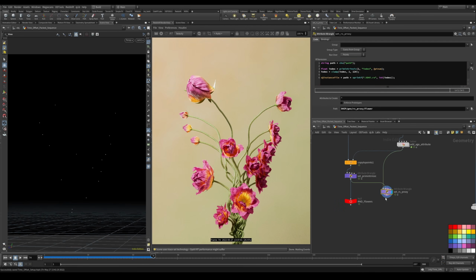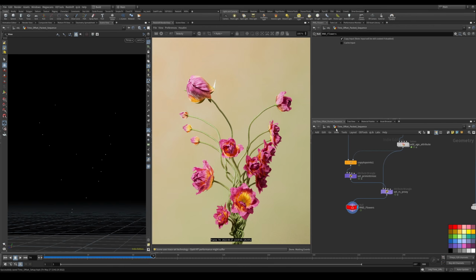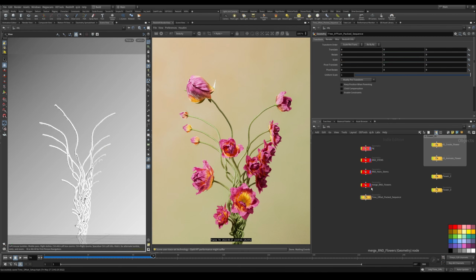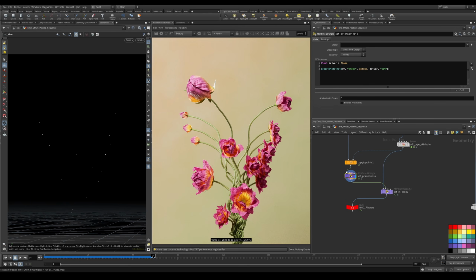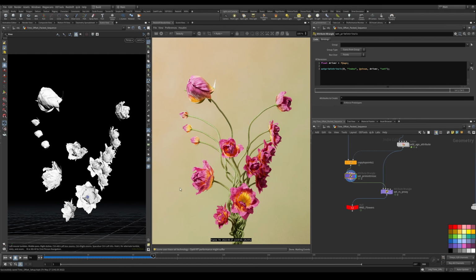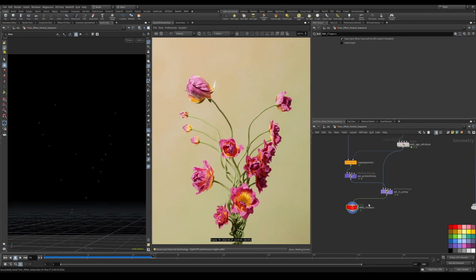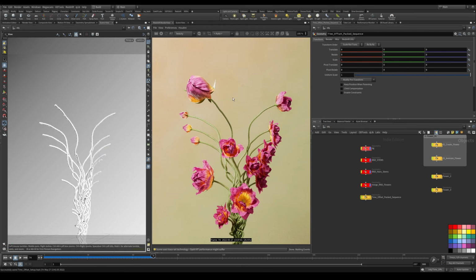So now if I plug this into my render flowers, we don't see anything in the viewport because you don't visualize RS proxies, but you can visualize it with this. And we're referencing exactly the same flower with exactly the same offset. That's one of the reasons that I like this method, is that you can still see something in the viewport with that. And when we hit render,